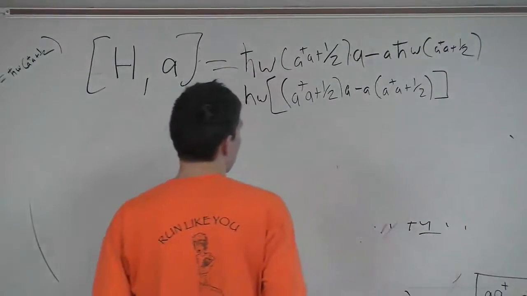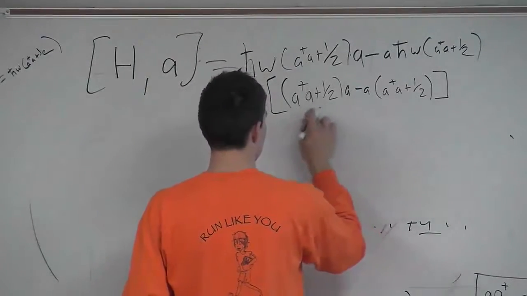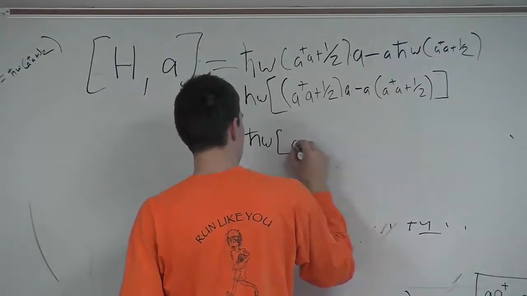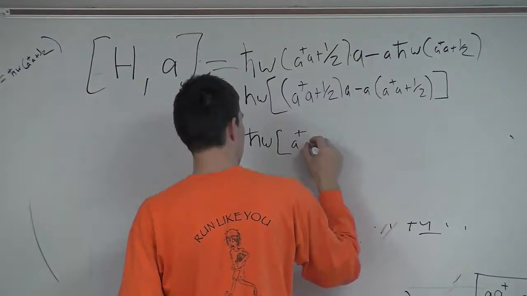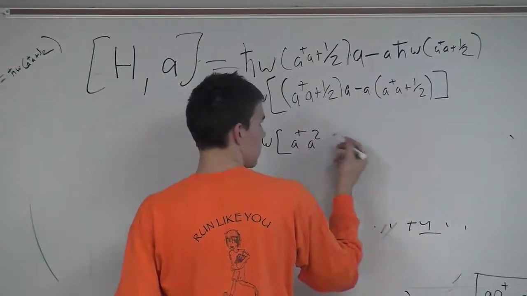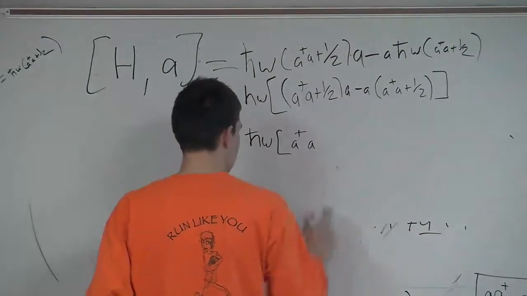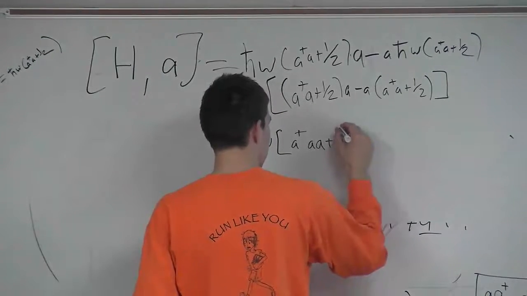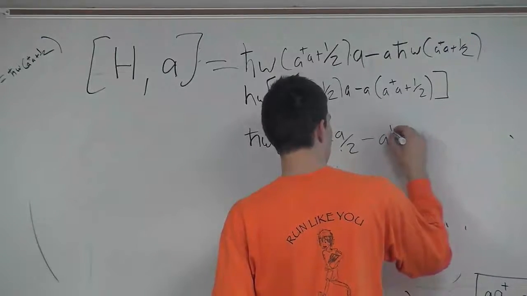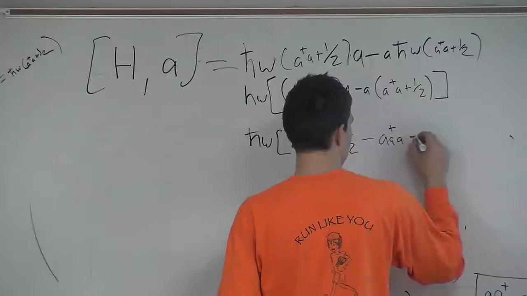And now one can open these two round brackets, right? It is safer to write it continuing as in matrices: a dagger a, a dagger a minus